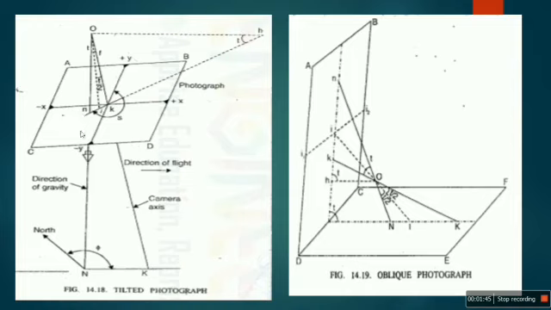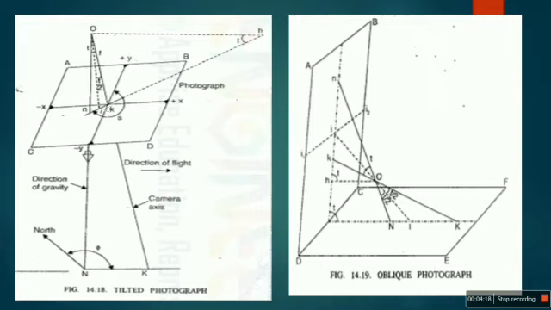One more definition, that is principal line. It is the line of intersection of the principal plane with the plane of the photograph. It is thus the line on a photograph obtained by joining the principal point and the photo nadir point. So this is the line. Whatever line is there, this one, this line joins the principal point to the nadir point. This line is called the principal line.